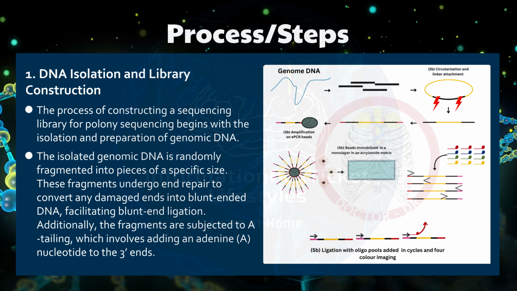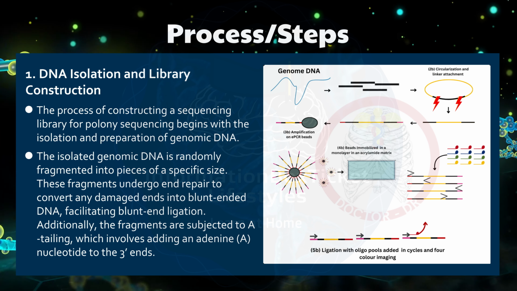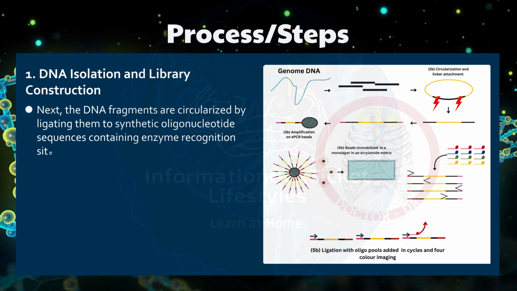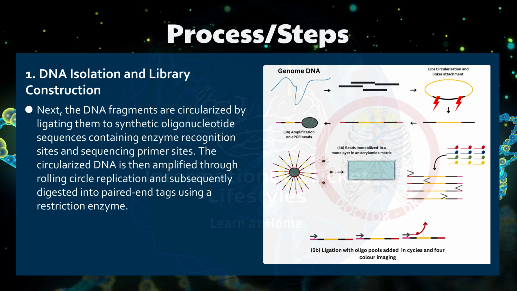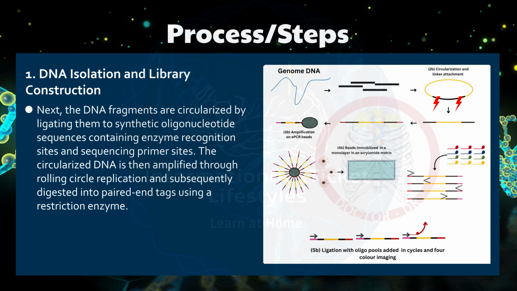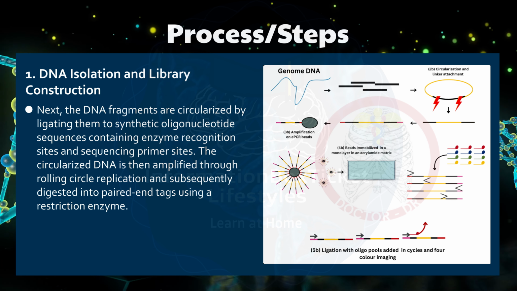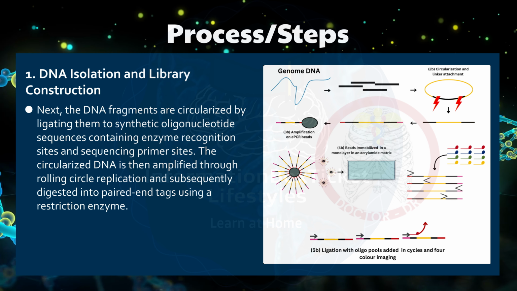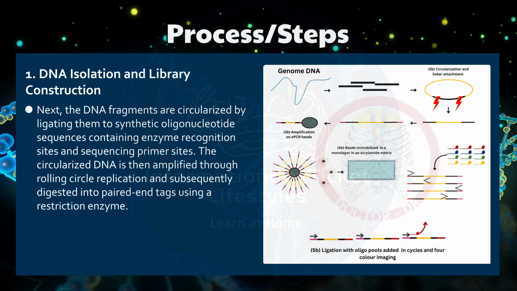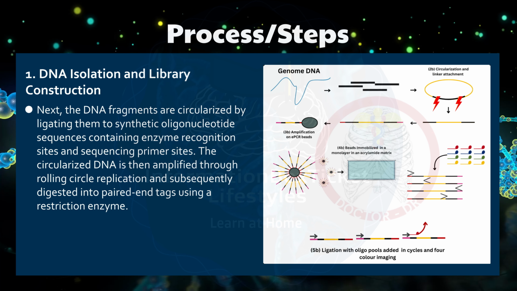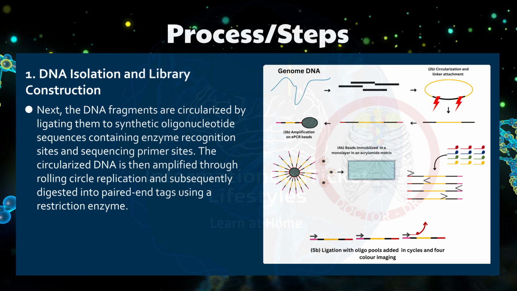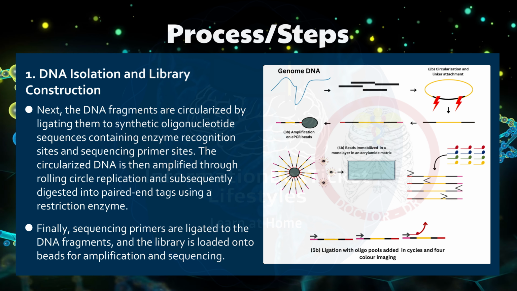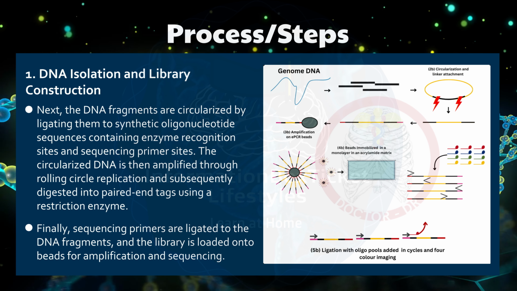Additionally, the fragments are subjected to A-tailing, which involves adding an adenine, A, nucleotide to the 3' ends. Next, the DNA fragments are circularized by ligating them to synthetic oligonucleotide sequences containing enzyme recognition sites and sequencing primer sites. The circularized DNA is then amplified through rolling circle replication and subsequently digested into paired end tags using a restriction enzyme. Finally, sequencing primers are ligated to the DNA fragments, and the library is loaded onto beads for amplification